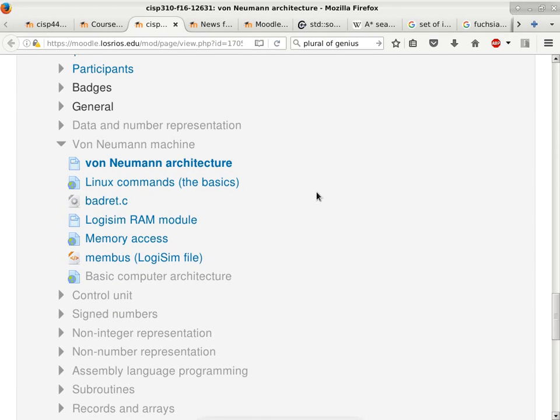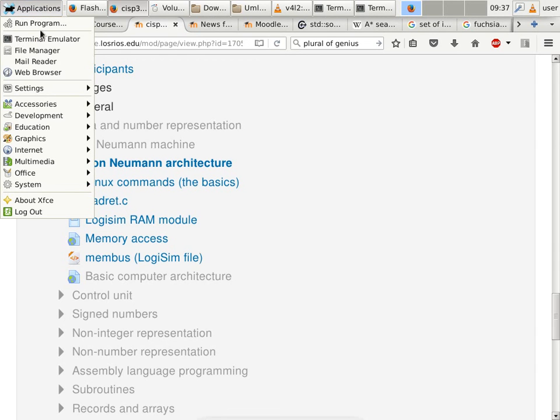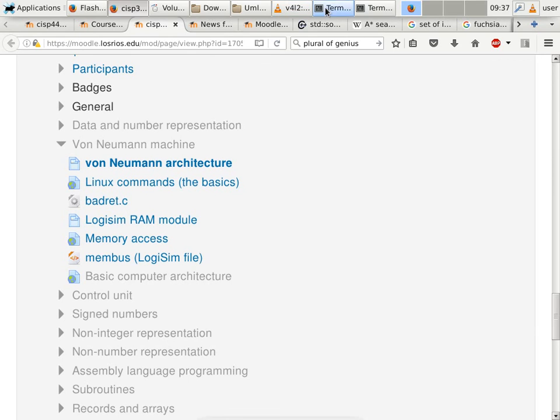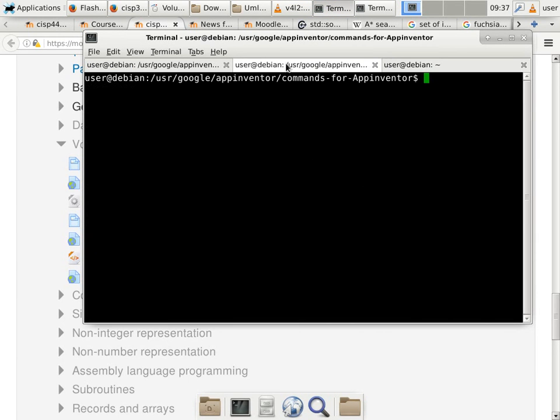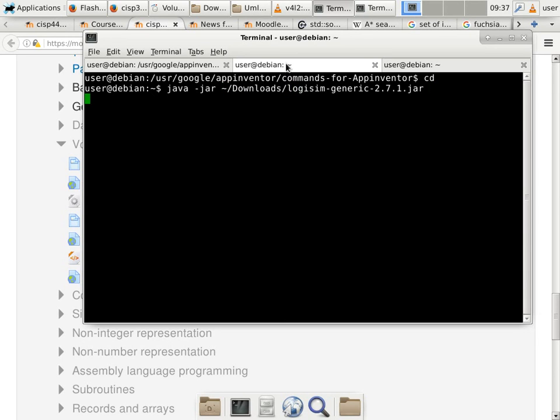Okay, so what we're going to do now is take a look at how memory is organized in a computer, because that is the crucial part of the von Neumann architecture. But how do we get instructions into memory, and how do we execute instructions? So we're going to get into that part here. The first thing that is really helpful in this process is to start up Logic Sim. So I'm going to start Logic Sim, and I need to remember where I put mine. Yep, there we go.